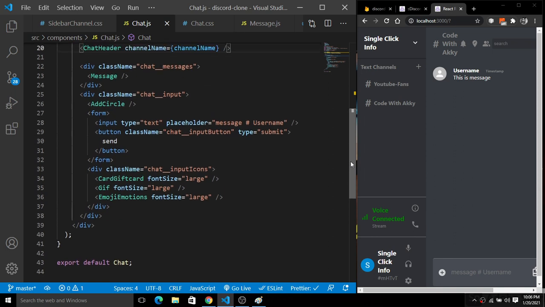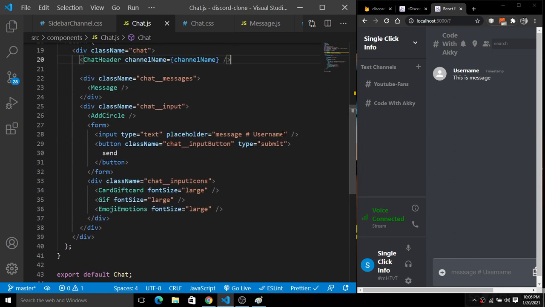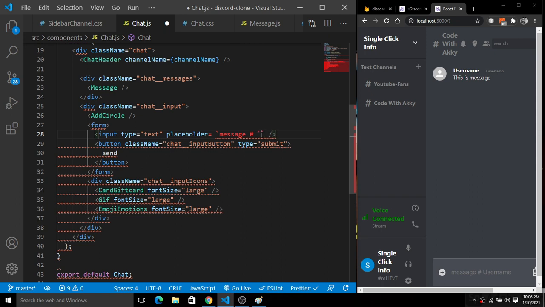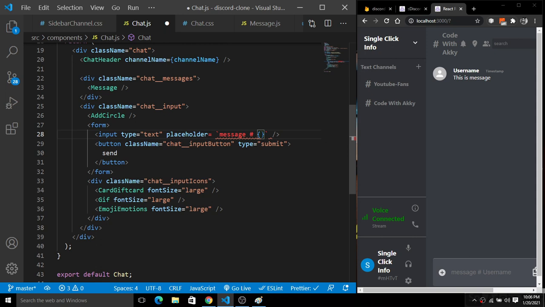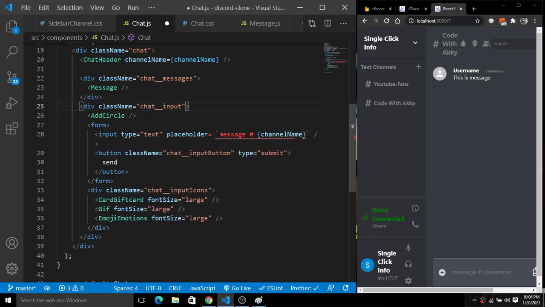Inside of this, for the placeholder, I will use backticks, just like this, and we will use here the channel name, just like this. I think we put this thing here.